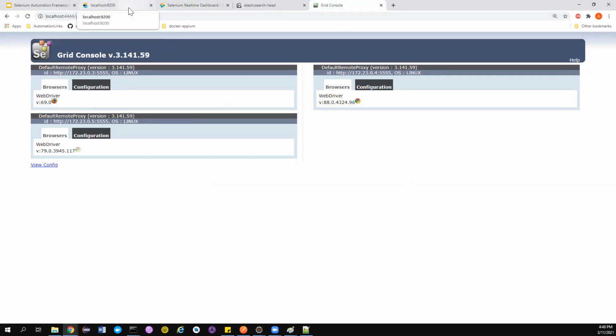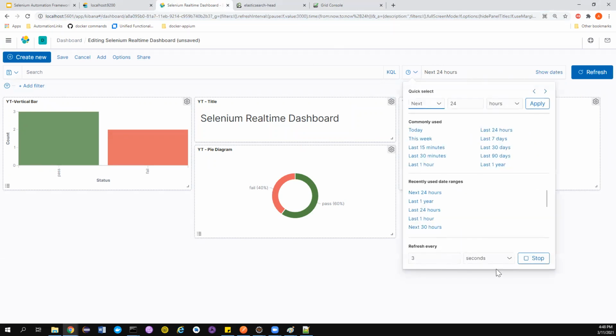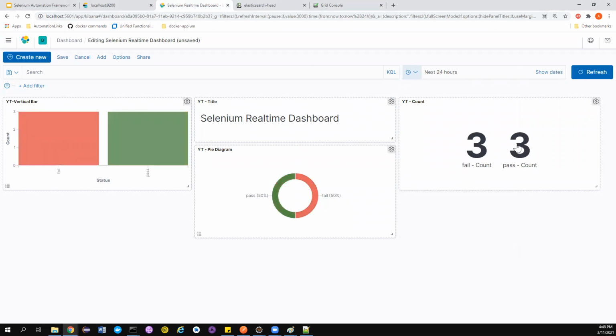Since I haven't enabled the parallel execution, everything is running sequentially. That's my bad. But still, we are interested in seeing the pass and fail count getting updated. It will get refreshed automatically, guys, if you enable this automatic refresh. If you notice, the first one failed, so the fail count increased by 1. Good. Let's wait for the whole thing to execute.